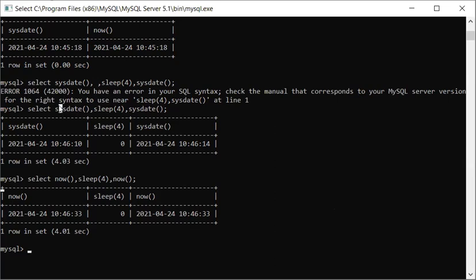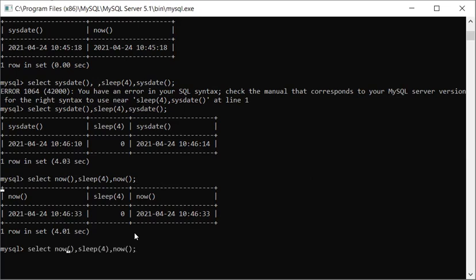So it means first this has executed, it has fetched the date and time, then gap of 4 seconds, then again it has gone to fetch the time. But if we are using now in the same line, it is not going to fetch time again and again. One time only it will fetch the time and it is going to show. I hope this is clear.